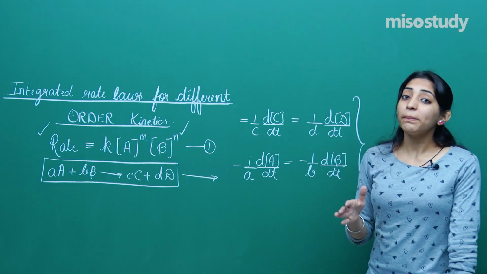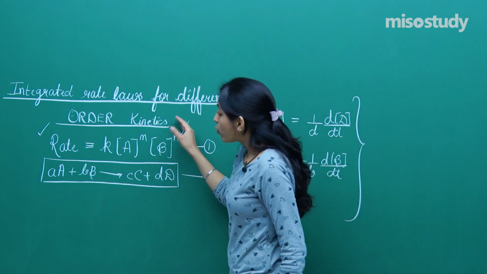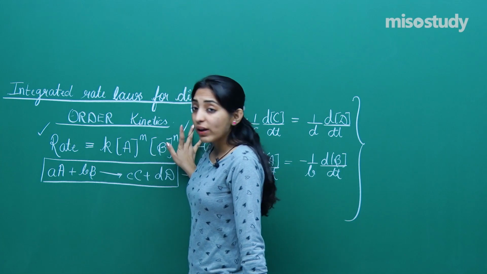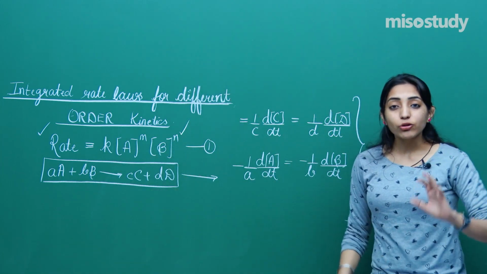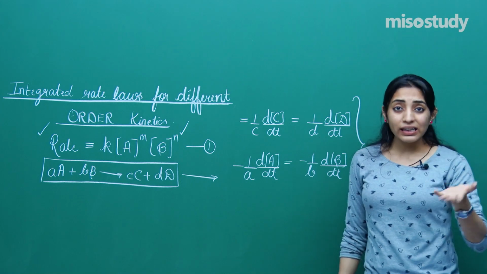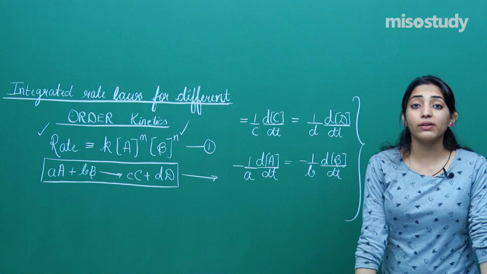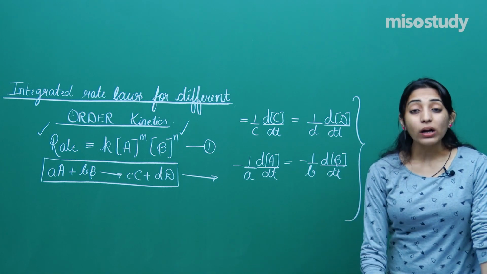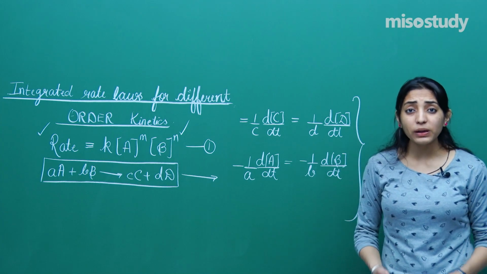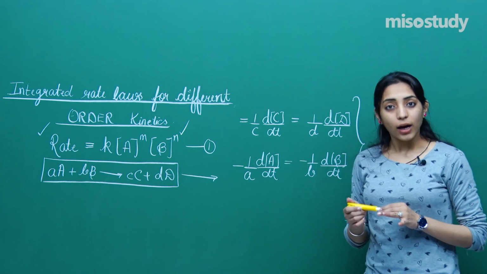Now after this, my main step will be to take a correlation between this particular rate law expression and this particular rate law expression, so that now I can do the integration maybe at last, and finally I can get the integrated rate laws for different order reactions. Okay, what I wanted to tell you, I will be able to explain more properly when I am taking a particular case.